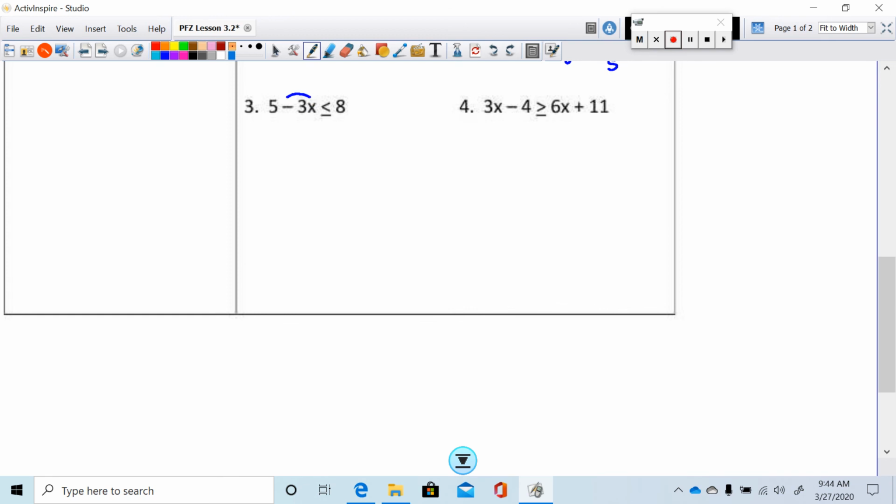Okay, so we have to get rid of a +5. The opposite of +5 is -5, so I'm going to subtract 5 from both sides. Opposites cancel. -3x is less than or equal to 8 take away 5 is 3. I'm going to divide both sides by -3, whatever stuck to your x. Now notice that I put an arrow under my inequality. Here's the rule. If you multiply or divide an inequality by a negative number,